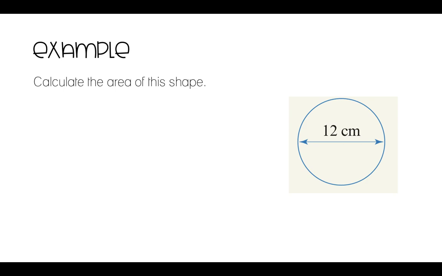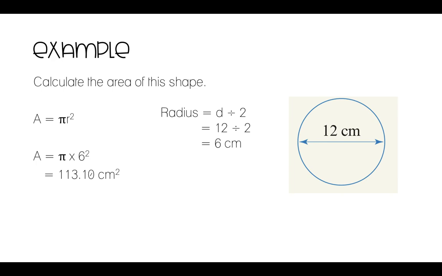Okay, let's calculate the area of this circle. So area equals pi r squared. Now the distance here that we're seeing is actually the diameter. The radius is halfway, so we have to calculate the radius by dividing the diameter by 2, which means we go 12 divided by 2, which gives us the radius of 6. So area equals pi times 6 squared, which gives us an answer of